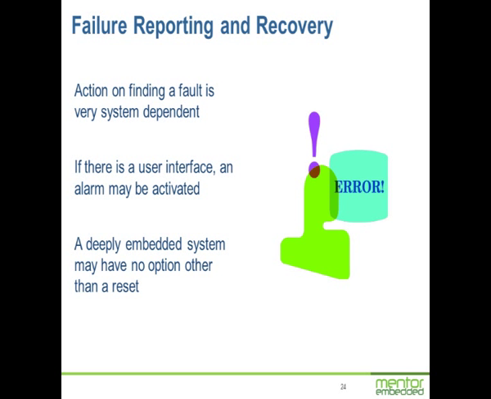So, the system is falling about around our ears, everything has gone wrong, what can we do about it? Sometimes not a lot. It's totally system dependent. Obviously, if there is a user interface, you can tell the user something has gone wrong. So if you do have a graphical interface or something, you can pop up a message saying there has been a system failure, replace the system or whatever. Just like in your car, you have lights on the dashboard that tell you green means it's okay, red means stop the car now, you're in deep trouble, yellow means you better get this looked at. We all understand that very readily.